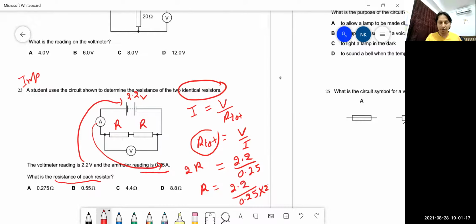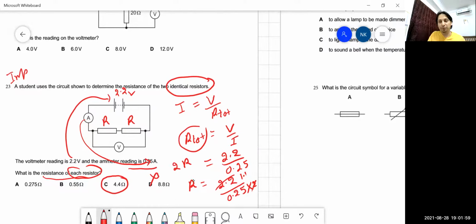So here I can divide first, this will be 1.1. Wait a minute, 1.1 divided by 0.25, so I'm getting 4.4 here, and 4.4 is R, means each resistor is of 4.4 ohm. Don't be confused children, sometimes students click on option D, that 8 ohm. 8 ohm is the total resistance, but the individual resistance will be 4.4 ohm.